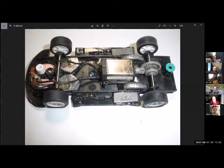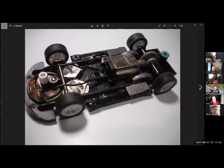That's got to be Garth's car, that one. Yeah, a lot of lead in there. Look at the weight in this thing. This is my first car. Those are fishing sinkers there. This one is like the roofing lead, kind of sheet lead, and those are smashed down sinkers too. That's a little bit better